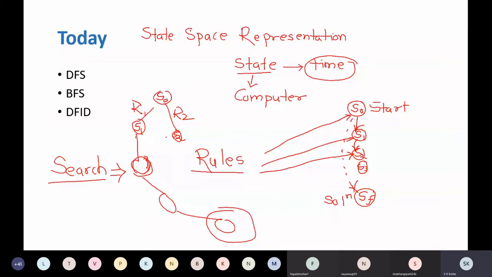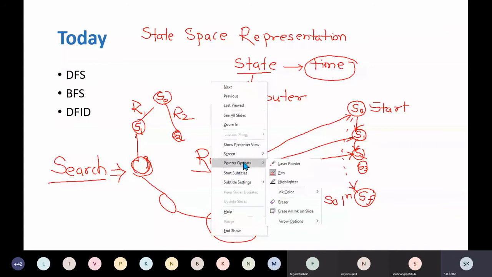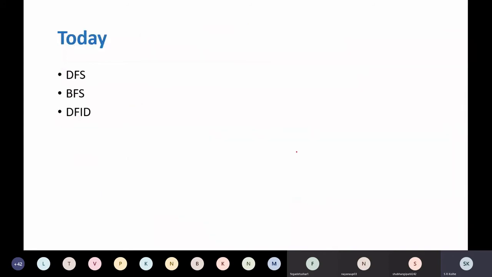So ultimately, whatever we have discussed in the last class, that is state space representation or state space tree, to find the solution from that state space tree, you will be using an appropriate search technique for returning the solution path or solution state, right? Any difficulty up to this? Yes, sir. So that is the importance of state space representation.